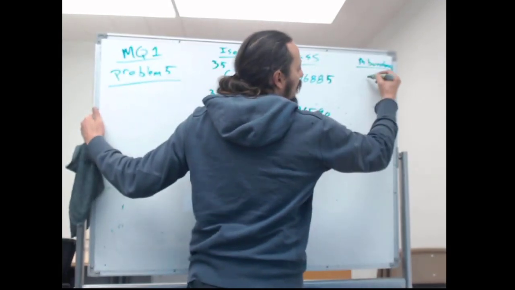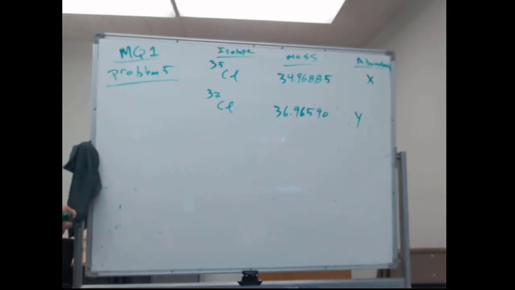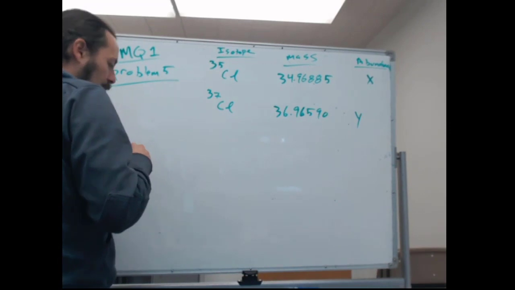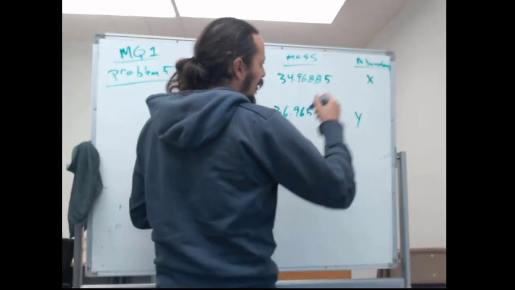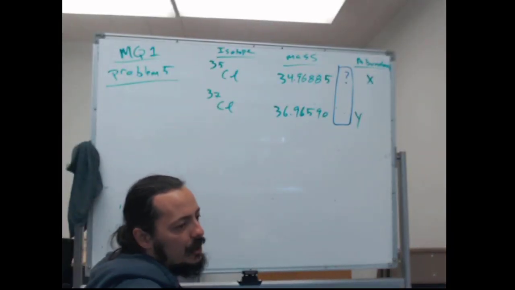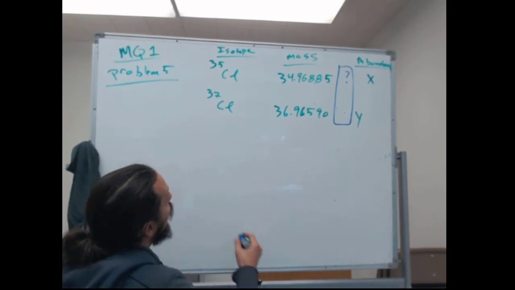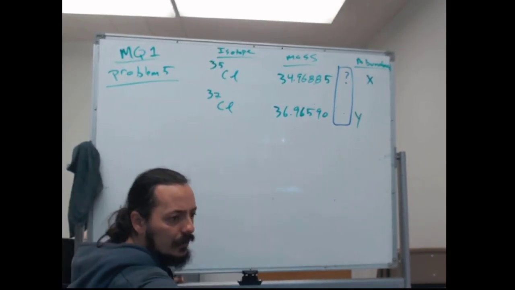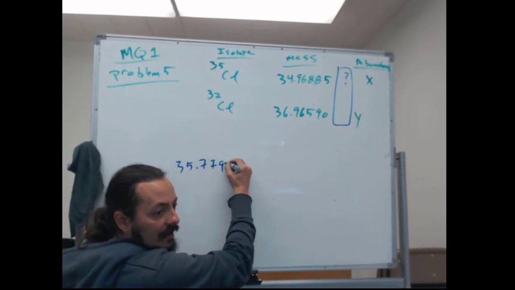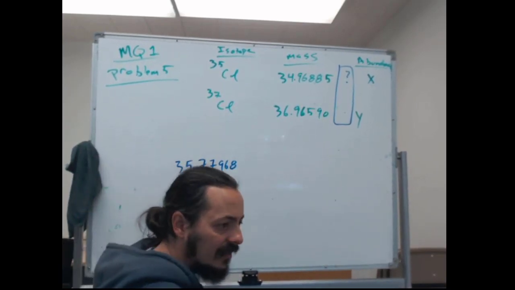So we know that we're going to end up with different abundances for these two things. We can label that as abundance X and abundance Y. And this gets to the point where we've got our inferred information, the information that's missing. Something's missing between the abundances we want to find and the masses that we have. And that missing thing is the equation for essentially doing a weighted average,